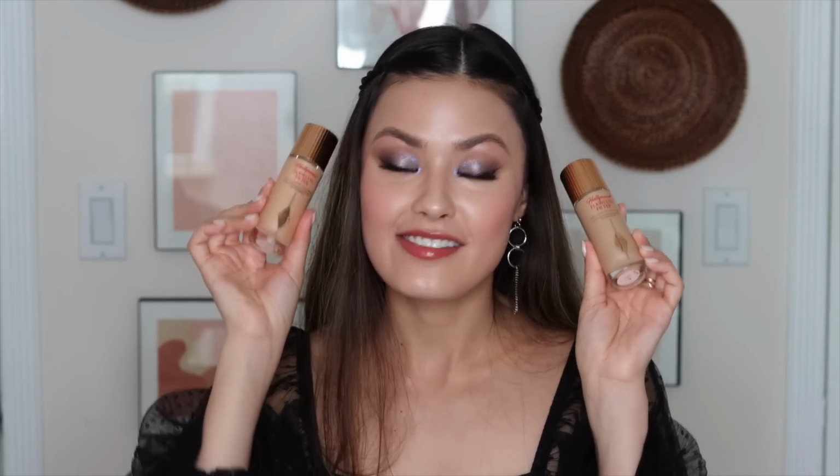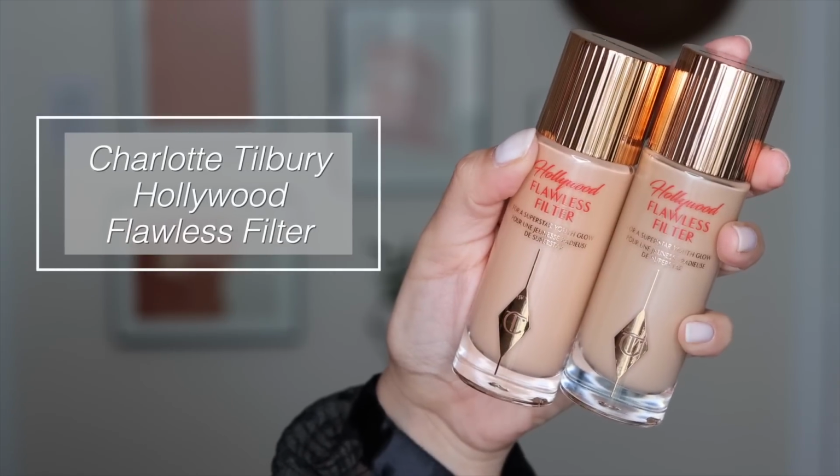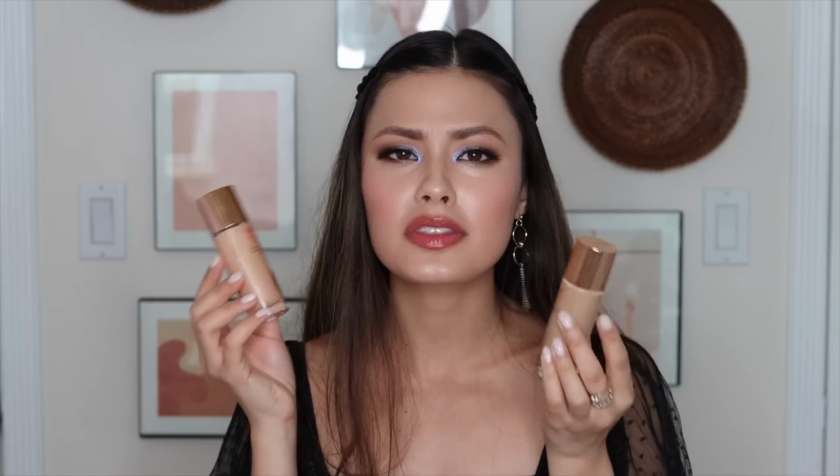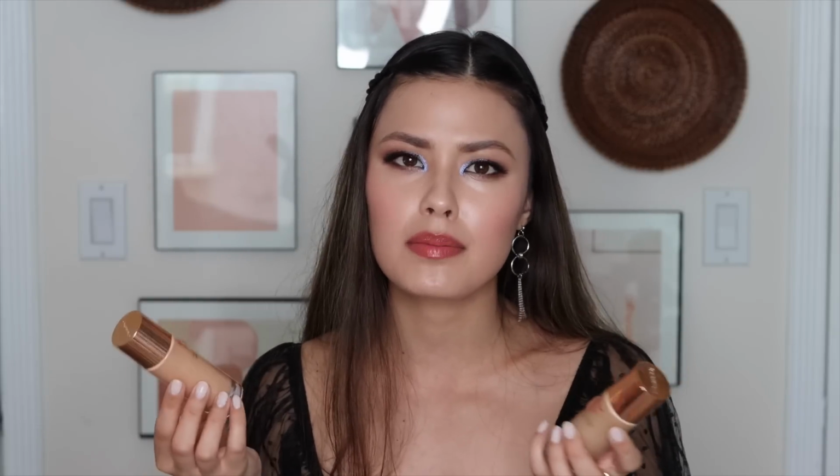Along the same vein, I fell in love with these in 2020. These are the Charlotte Tilbury Hollywood Flawless Filter. I'm not gonna lie, when I was first picking these up, I didn't know what they were. I couldn't understand the purpose of them. She kind of makes them sound like a multi-purpose product, which I guess technically they are, but